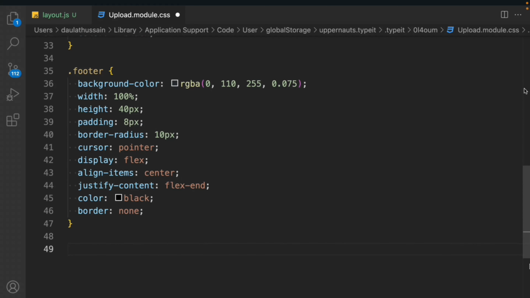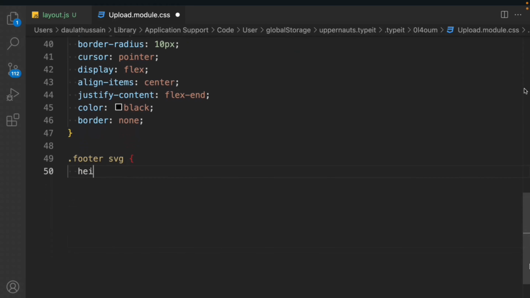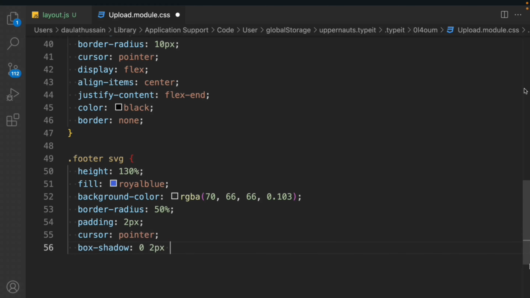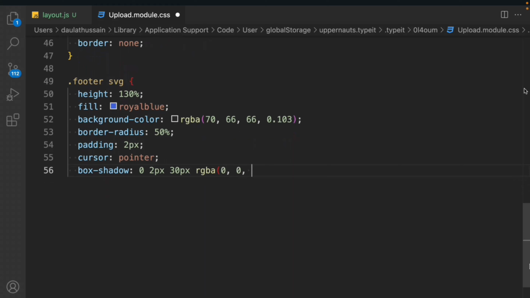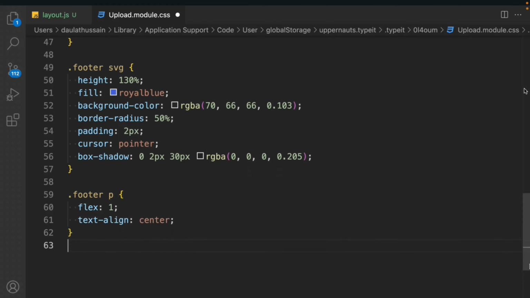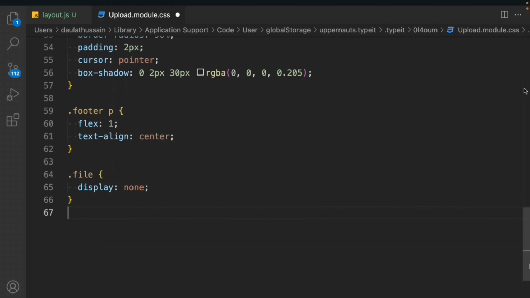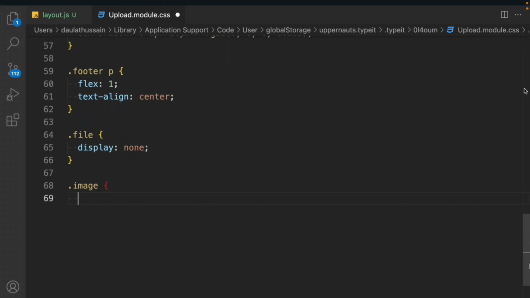Come down, target the footer CSV file, height 130%, fill royal blue, background color we'll have the RGB, border radius 50%, padding 2 pixels, cursor pointer, box shadow 2 pixels, 30 pixels, and we have the RGB color. Come down, target the footer p, we'll say flex 1, text-align center. Target the fill, display none, image, border radius 0.5 rem,